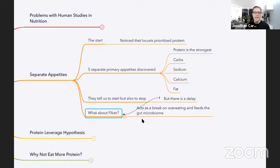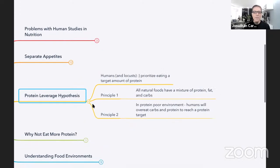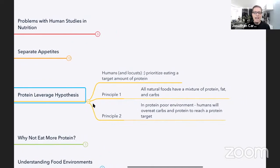Okay, so now we understand that, one, it's very difficult to do human studies on nutrition, and therefore maybe we should look at what the animal studies show. And we've already established that there is this prioritized idea about protein, but that there are 5 separate appetites, but the protein is really the strongest, which leads us to what they describe as the protein leverage hypothesis, which basically means that humans, as well as the locusts that they mentioned that they went through in the studies in the book,